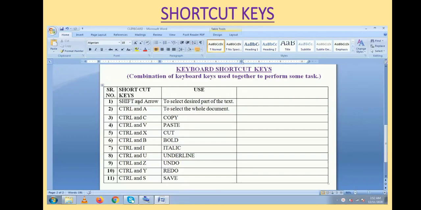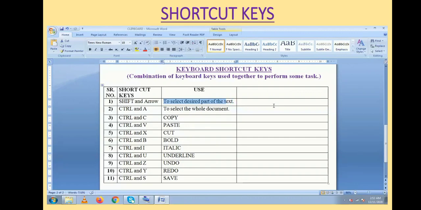Now Shift and arrow. Shift button and the arrow key on your keyboard is used to select the desired part of the text. For example, if I want to select something, first of all, click over there, then press the Shift key and keep it pressed and then press the right side arrow.